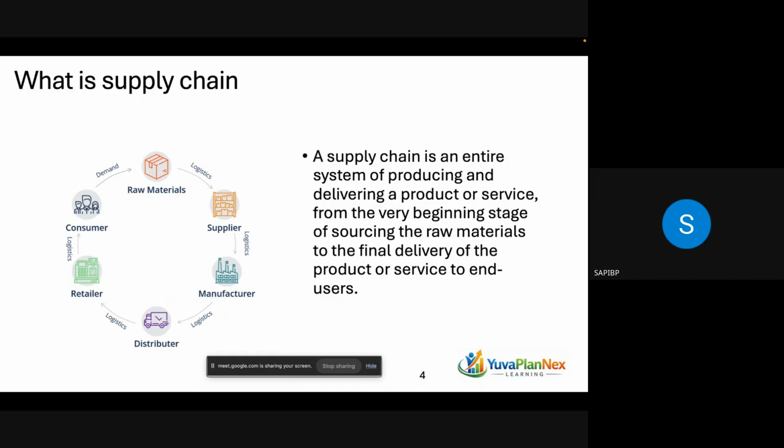In general terms, raw materials are procured from the suppliers to the manufacturing unit, and production happens at the manufacturing unit. From the manufacturing units, you transfer supply to the distribution centers, then from a distribution center to the retailer, and from the retailer you deliver the requested products to the consumer. The handling of this cycle is what we call a supply chain.